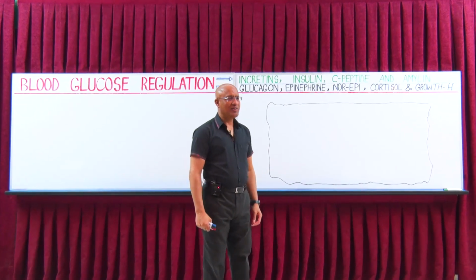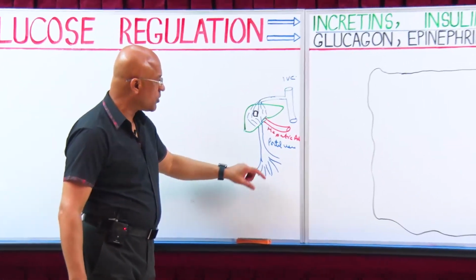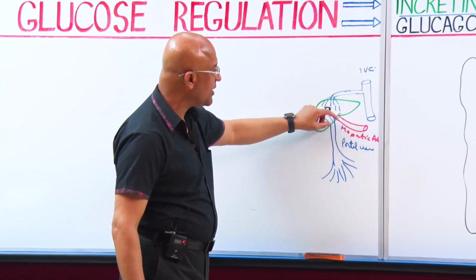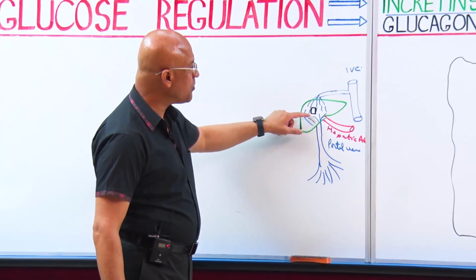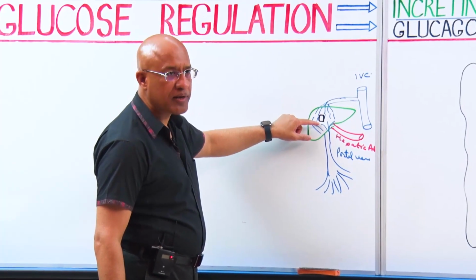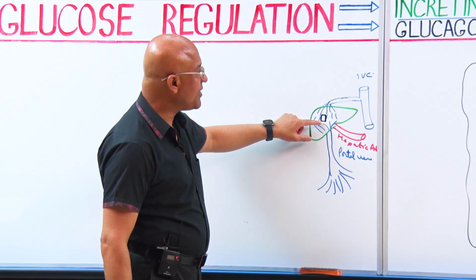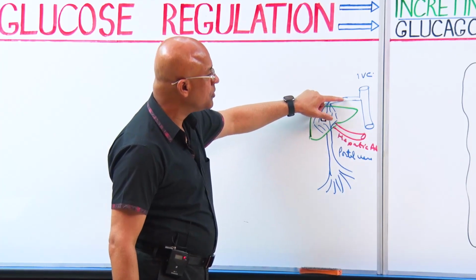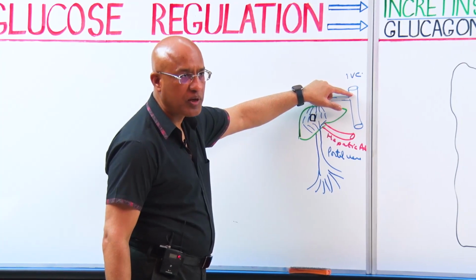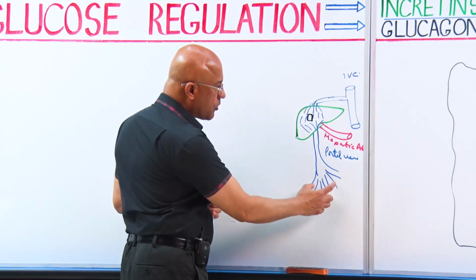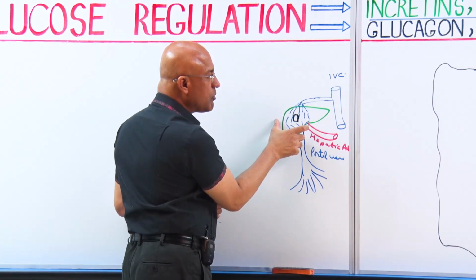Hello, let's continue with our discussion. In the previous lecture, we talked about the portal vein and the hepatic vein. They go to the liver, and while blood is passing through the liver, the blood and its contents are exposed to the hepatocytes. After that, blood drains into the hepatic veins and eventually into the inferior vena cava and systemic circulation, right?